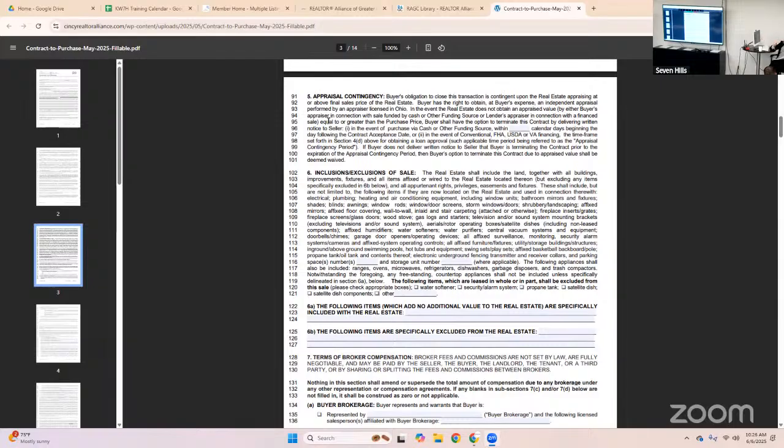So that loan approval time and the contingency for the appraisal are side by side. They're exactly the same. But if you're not doing financing, and you're doing cash or some other funding source, that's when that other date would come into play, and that's when you would put X number of days in there. I'd probably use 21 days, a minimum of 14, probably up to 21.